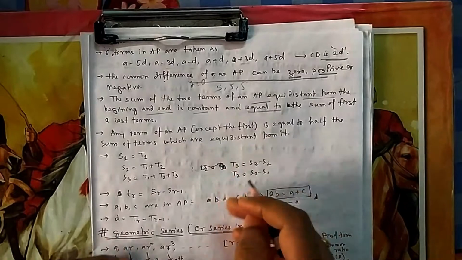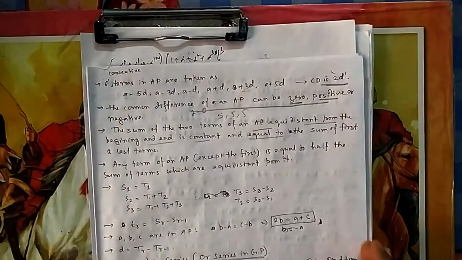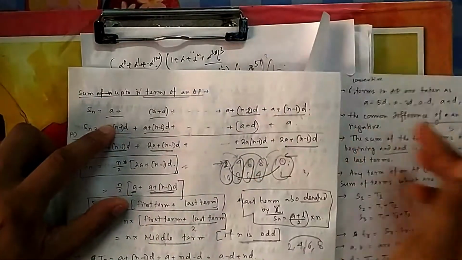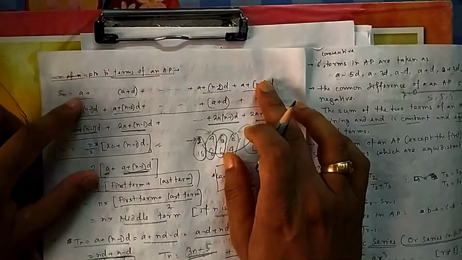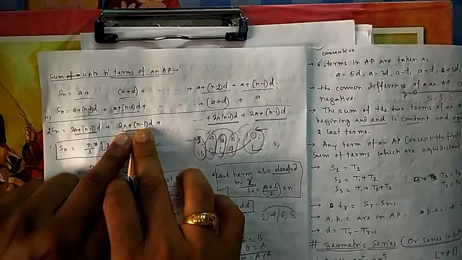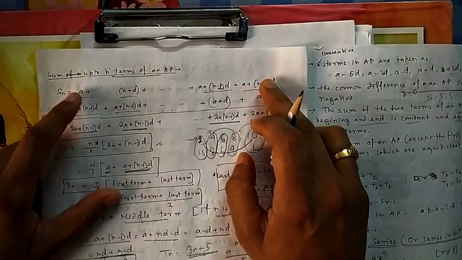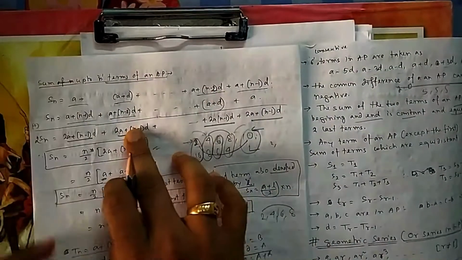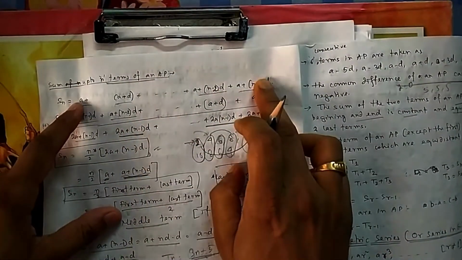That's what we were talking about while deriving Sn, and it is equal to the sum of the first and last terms. If you add these two, as you have seen in the calculation of Sn, it is the same. If you add the second from the first and the second from the end, the answer is the same, fixed. So the terms which are equidistant from the beginning and end, if you add these two, will always remain fixed, and that will be equal to the sum of the first and last term.